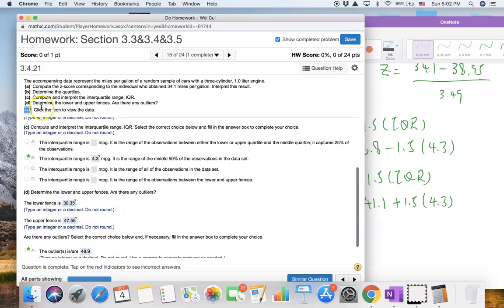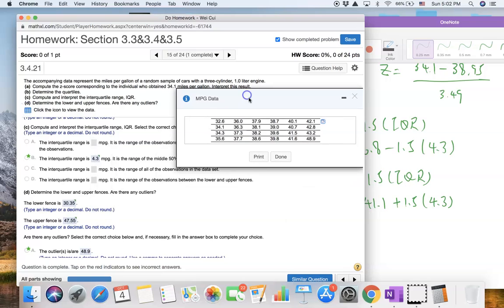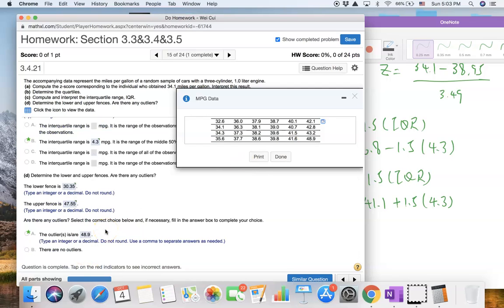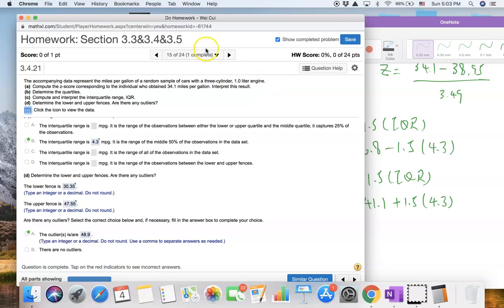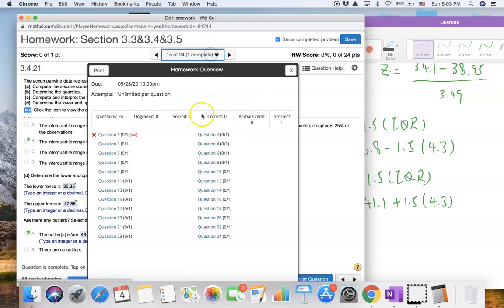Okay, so we go back to our data set and see if we have any value that is less than 30.35 or greater than 47.55, which we had 1. So 48.9 is an outlier. Okay. Right. Now next,